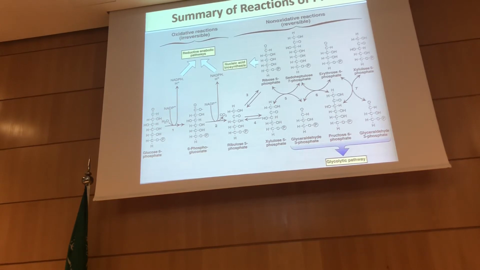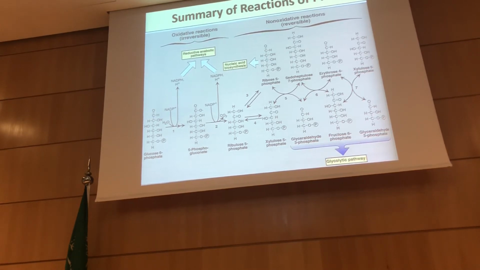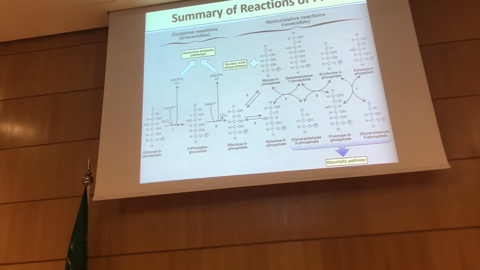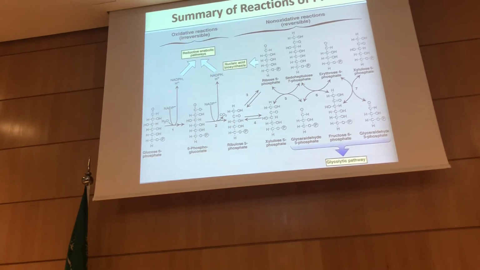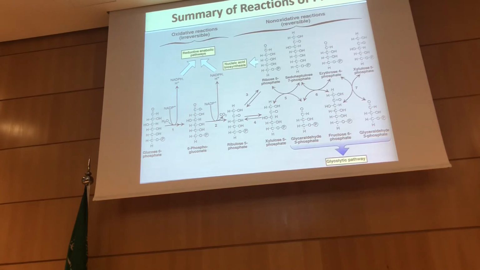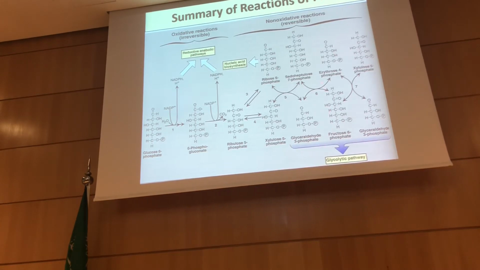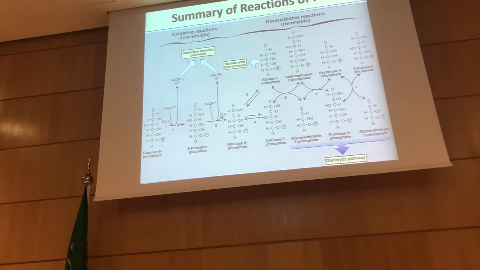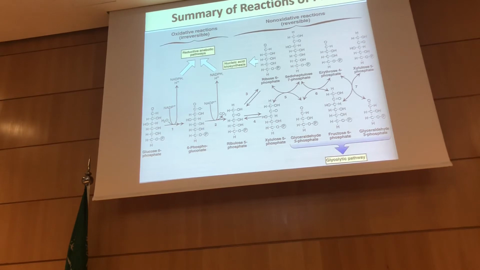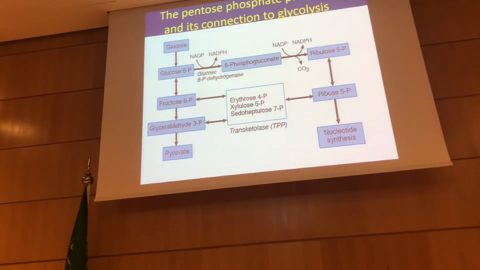What are these products? They are the intermediates of glycolysis, so they will enter the glycolytic pathway. So, in brief, one oxidative phase that leads to the formation of NADPH. Non-oxidative phase, interconversion between sugars that occurs in the presence of the transketolase enzyme, where we obtain the intermediates of glycolysis. So the aims of the pentose phosphate pathway: 1, to give NADPH, 2, to give intermediates of glycolysis, 3, to give ribose, which is the component of nucleic acids. Okay? Clear? Okay, now let's see it in brief